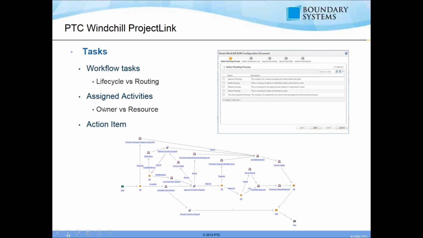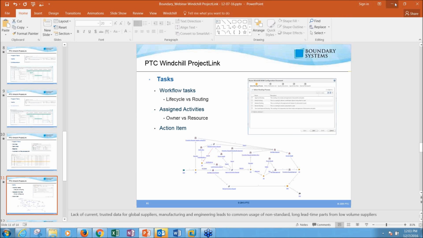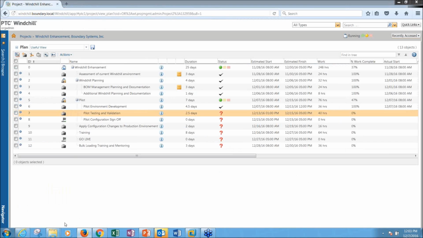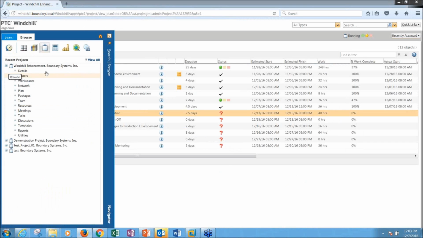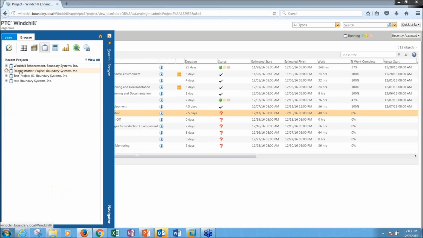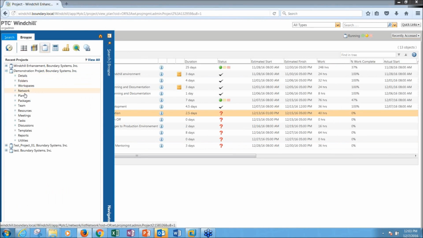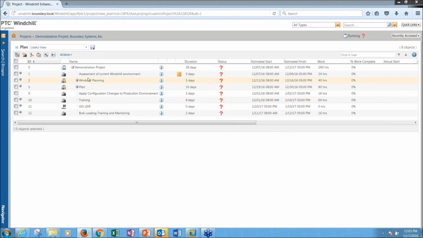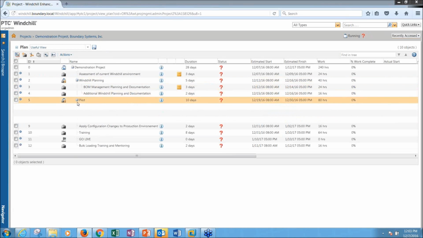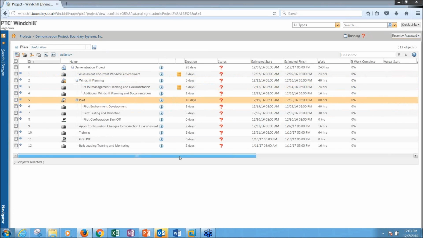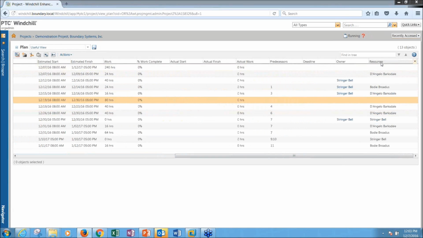And there are a bunch of different types of tasks that can be assigned by Windchill. Right now, we're focused on project tasks, and then we'll come back and look at some of the other ones in more detail in a second. So if I go in and look as my project manager again, I have a second project that was created from this same template, but this one, we used the AutoExecution option. And so with AutoExecution, if I go in and look at who my resource is,